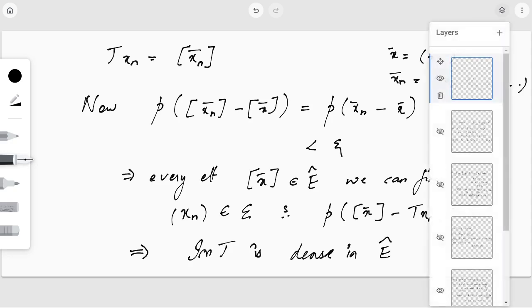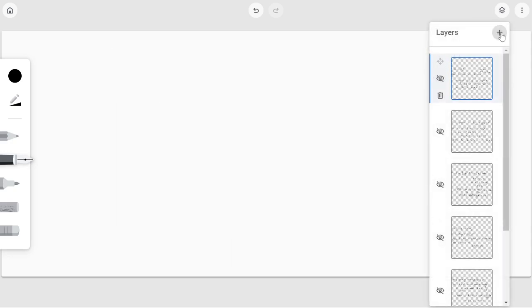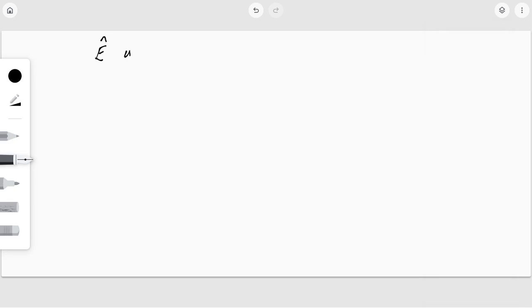So I hope this portion is clear, that we had shown that the image of T is dense in E cap. Now next, what do we have to prove? We have to prove that E cap is complete. So to show that E cap is complete, what must we show? We must show that if we take any Cauchy sequence in E cap, then that sequence is convergent. So let us consider a Cauchy sequence, let coset xn cap be